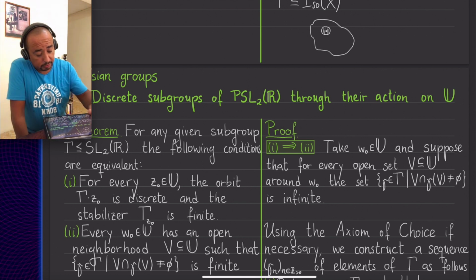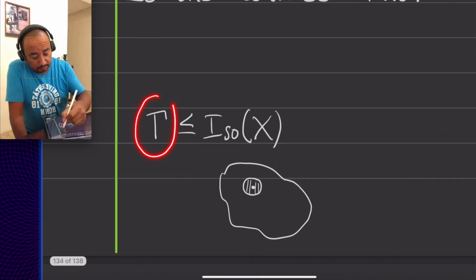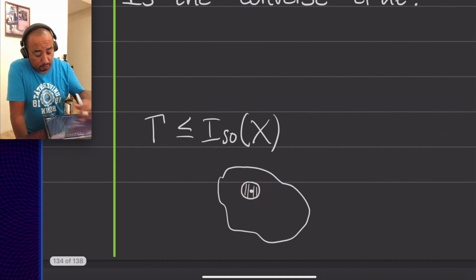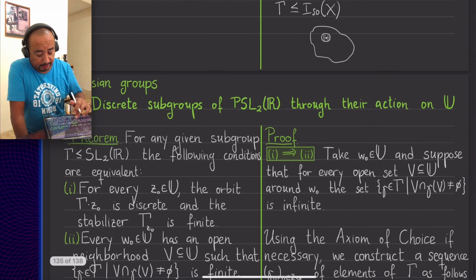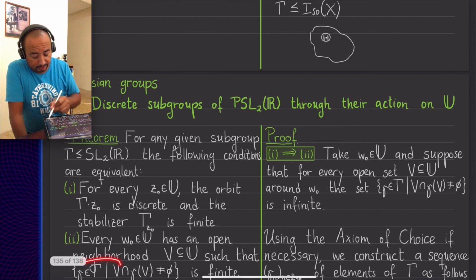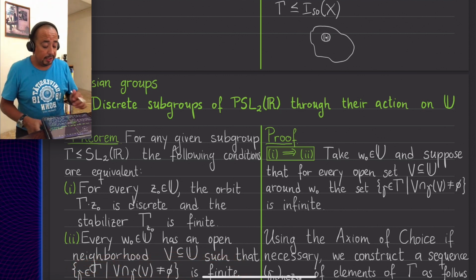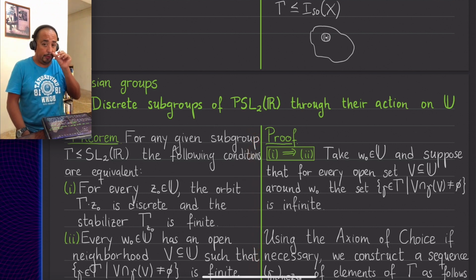Okay, so the condition I said here, about the identity of gamma being the only element such that when I take the image of this under that element, it intersects this disk, is weakened to: okay, maybe there is some element different from the identity that does that, but the number of elements that do that is finite. So let's say today's class consists of the proof of this theorem.